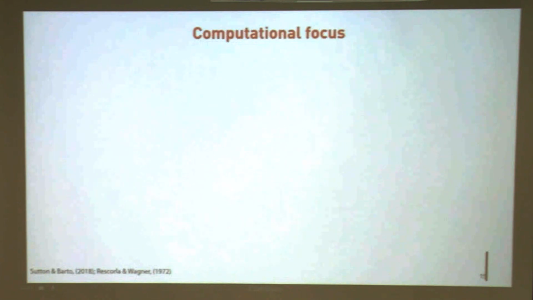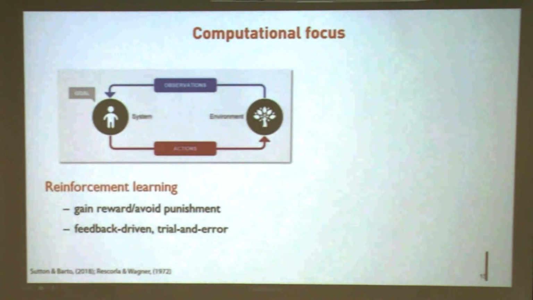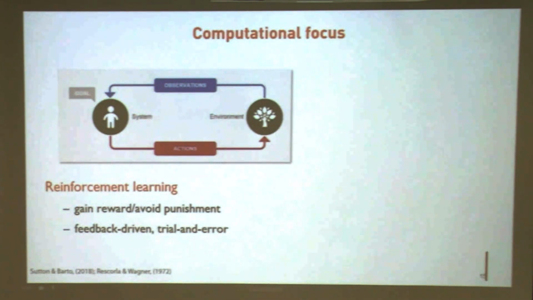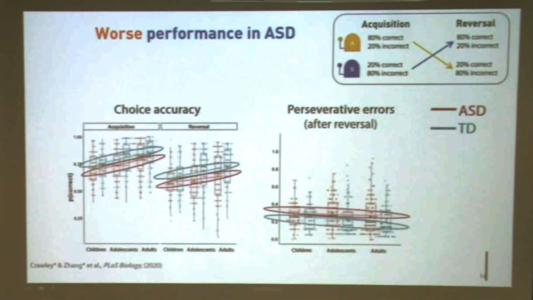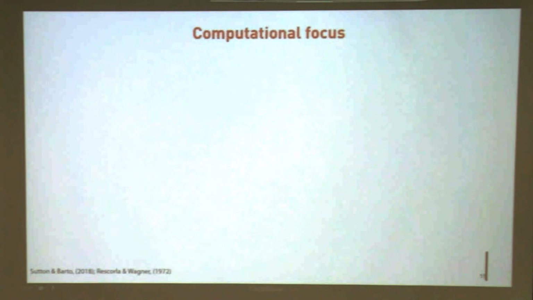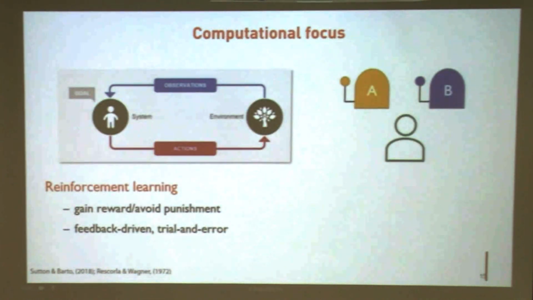So we applied computational modeling to explain the behavior under a reinforcement learning framework. Because as I mentioned, in the task you are presented with two choices, blue and yellow, left and right. You make a choice, and then you will receive the corresponding feedback, either a win or a no win or loss. And you will use the feedback to update what you think will give you a reward on the next trial. So this is learning, and this is best suited within the reinforcement learning framework.